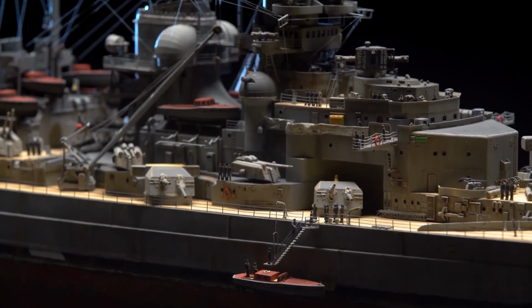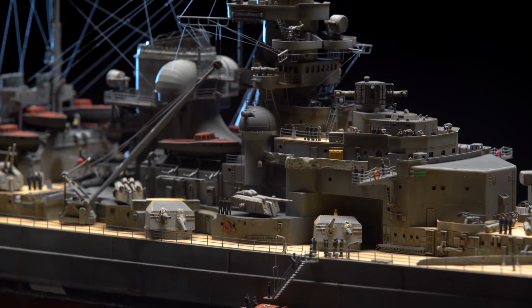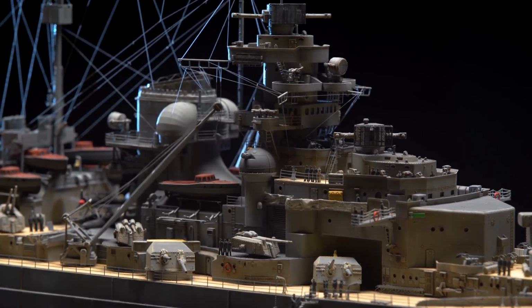I didn't choose to present a ship like it's fresh out of the shipyard. I tried to present a ship that has been battered by the weather. It was battle-scarred, so there is a lot of rust. In real life during battle, you will see sailors trying to repair daily stains of rust or